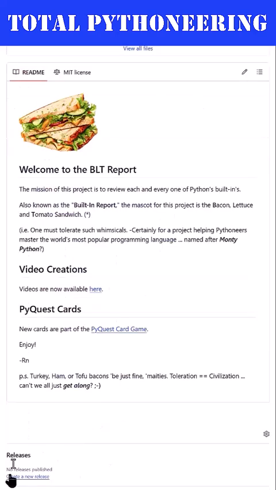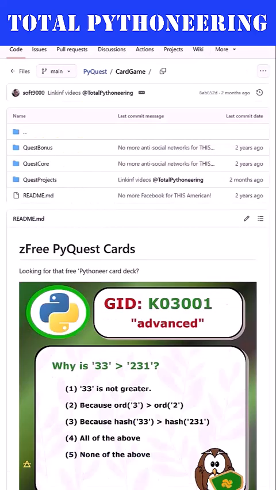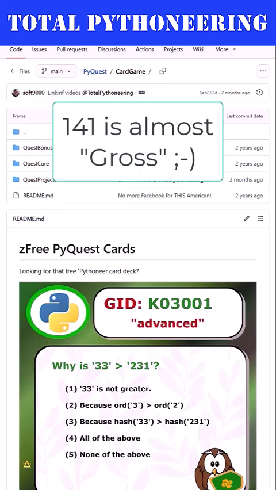Of course, as you might expect, we are also going to be updating a PyQuest card game to include many new things, certainly many of the 141 Dunder names extracted from that document on today's date, Sunday in